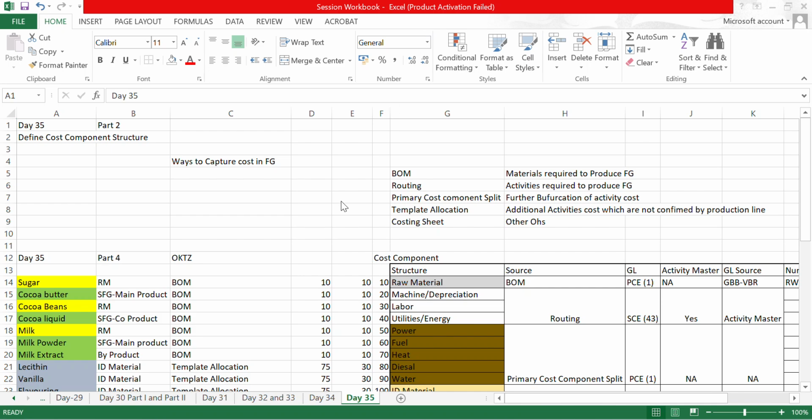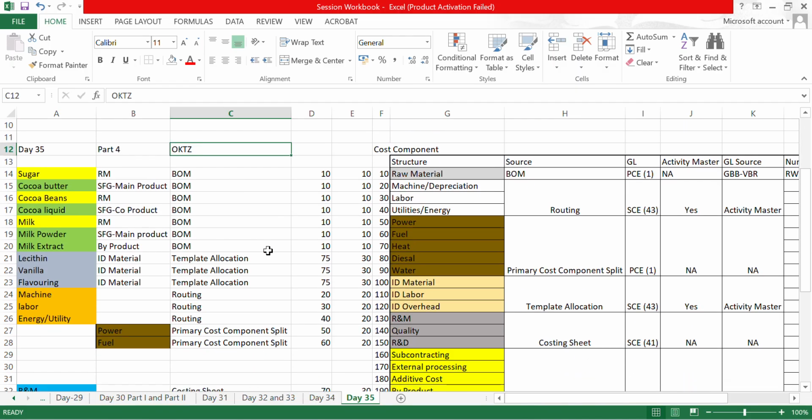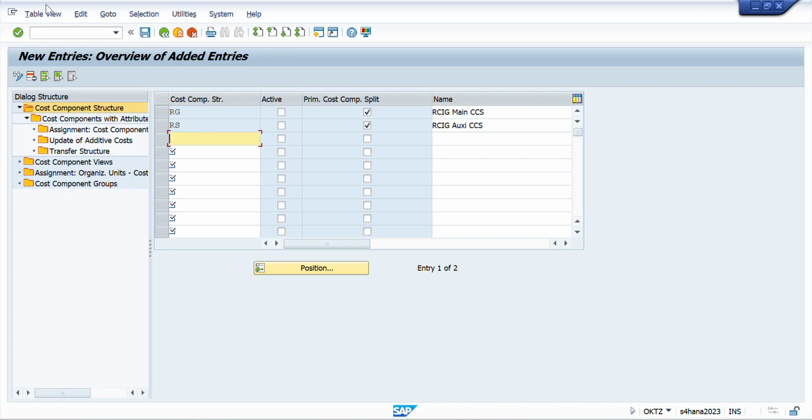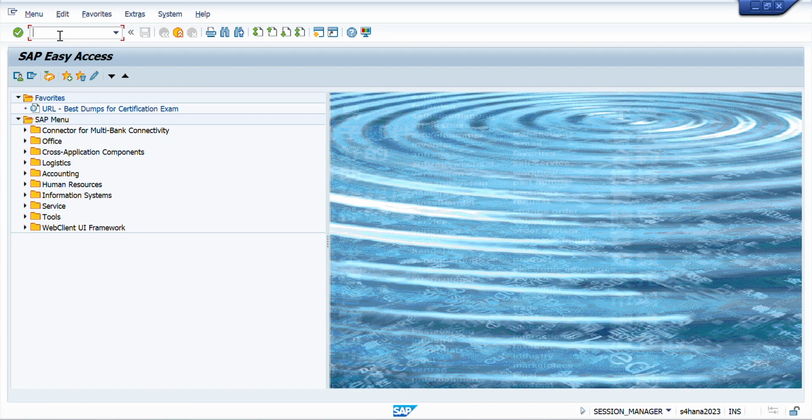Good morning, everyone. Let us start with part 4 of day 35, wherein we are practically configuring the cost component structure. The T code to configure is OKTZ, and let us log in into the system and start the configuration. So, once you log in into the system, you enter the T code OKTZ,